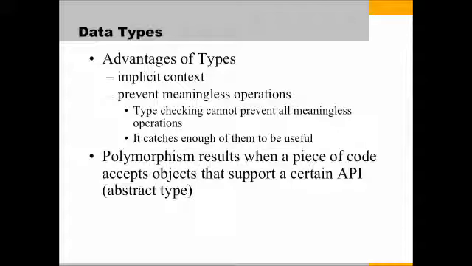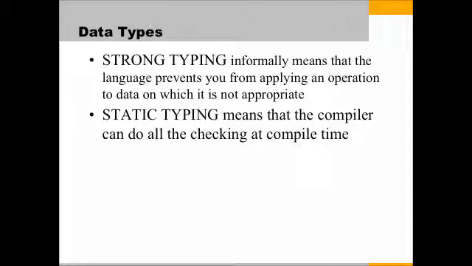So that's another advantage of having types, is that it allows us to create these polymorphic pieces of code, but also to check to make sure that the type we're using supports the right API. So you'll hear a number of terms associated with type checking. One of them is strong typing, and what that informally means is that the language prevents you from applying an operation to data on which it's not appropriate. So you saw that before where I tried to add the integer 5 to the string Brad, and that was